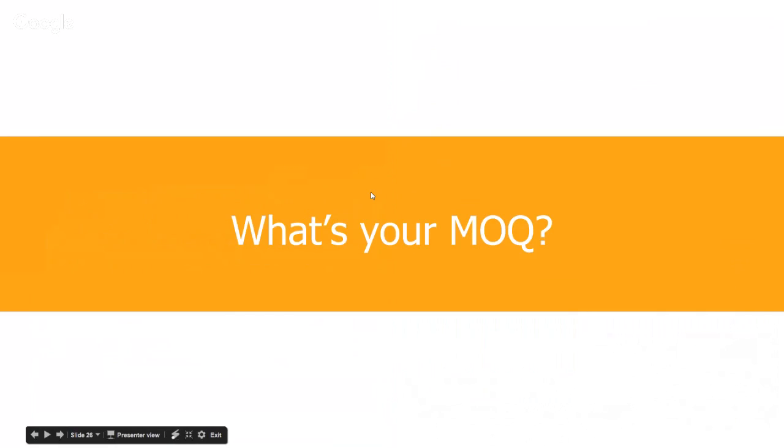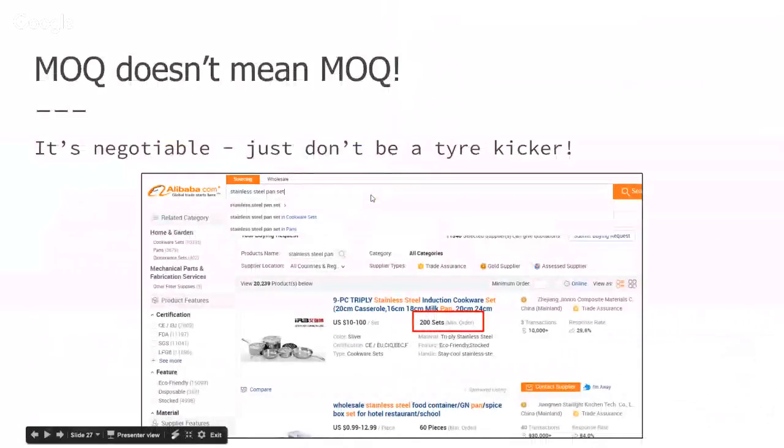When contacting suppliers, the first thought that might come to mind is, what is your minimum order quantity? And it is something you can start to work out your numbers, but just keep in mind that minimum order quantity that's mentioned on things like Alibaba is not actually always 100% representative of what they want or what they are expecting. And also bear in mind that what is your MOQ is probably the number one question that all of these representatives would get,